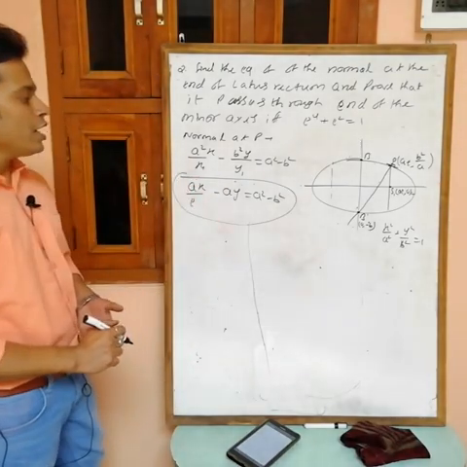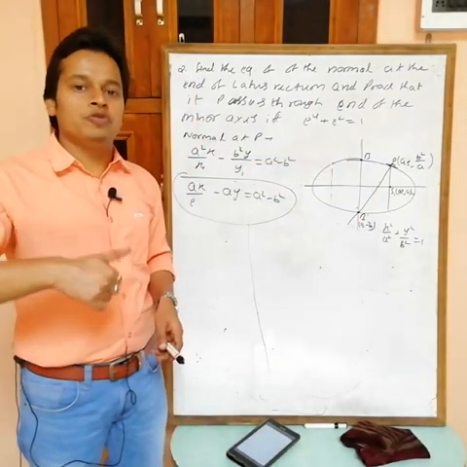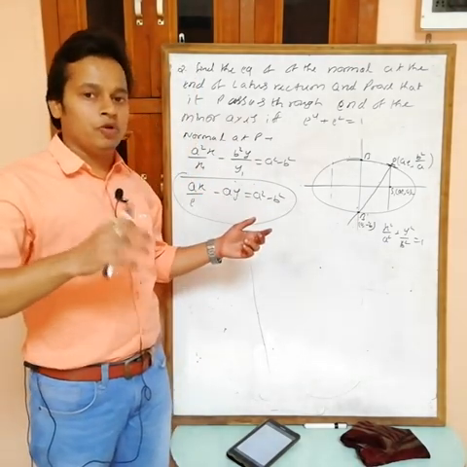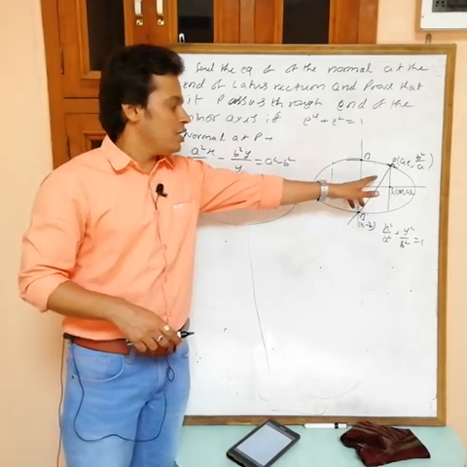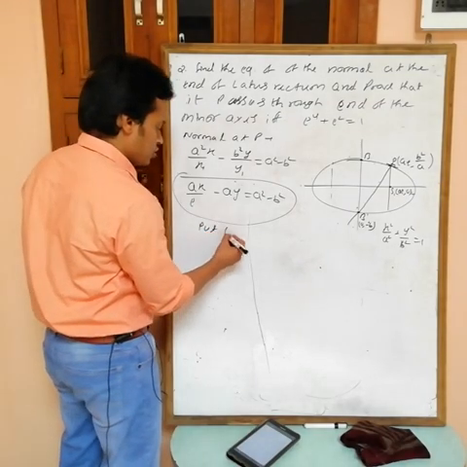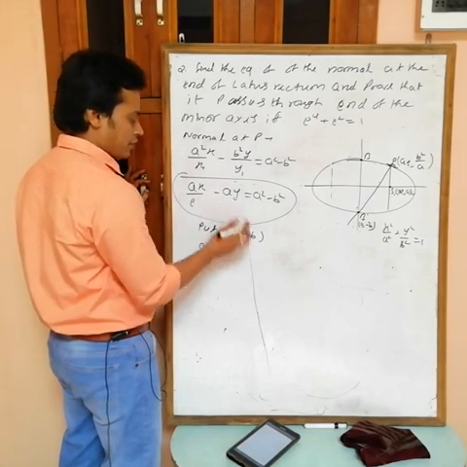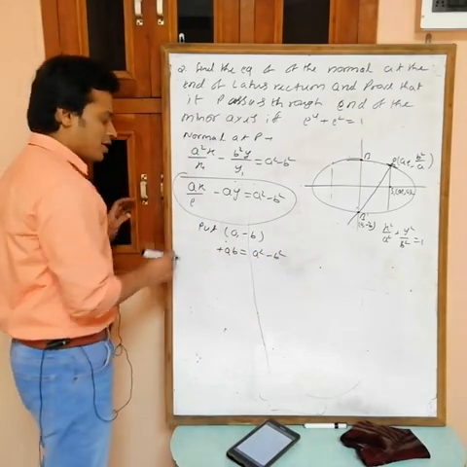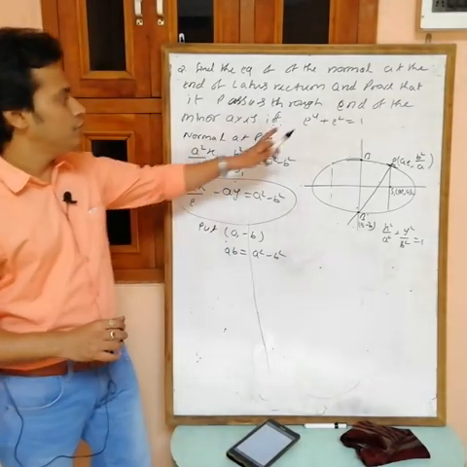First part is done. Now I have to prove that this normal passes through this point if this is equal to this. So I will prove this in another way. I will put 0 comma minus b in this equation, then I will prove that we get a relation equal to 1. It means this is the condition so that this line passes through 0 comma minus b. So put 0 comma minus b. This term becomes 0, minus b with the minus sign becomes plus, so ab equals a square minus b square. Now what we want? We want to prove that this equals 1.